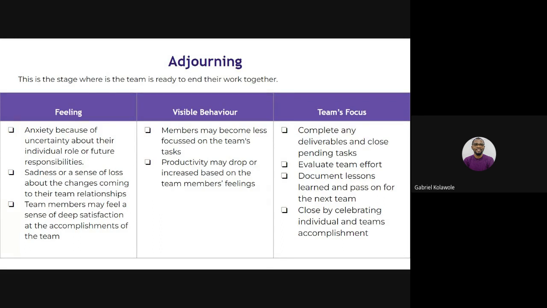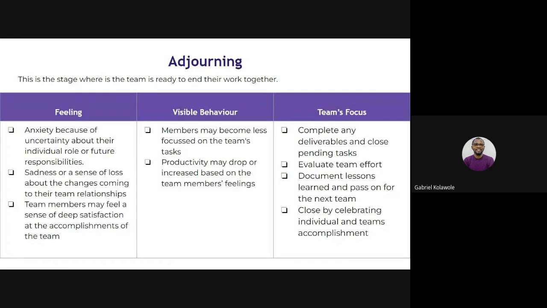And that is where you, as a Scrum Master or other team members, need to come in. You need to work together to ensure that at this final lap, you can imagine you are running a relay race. First person has gone, second, third. The final person is now slowing down. It will just make another person overtake. That's why we need to ensure that, and at this point, productivity may drop. So at this stage, we need to ensure completion. We need to work with the team to at least ensure that we complete any deliverable and close pending tasks and deliverables that are pending.